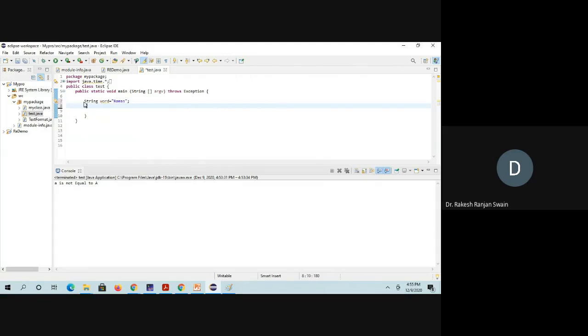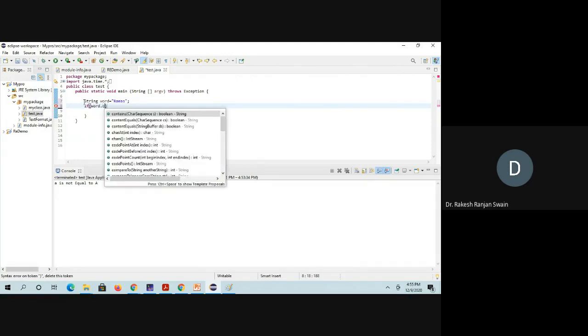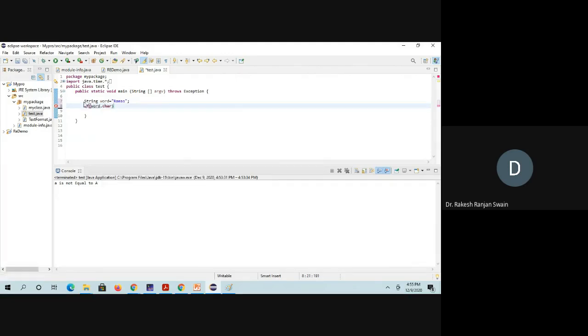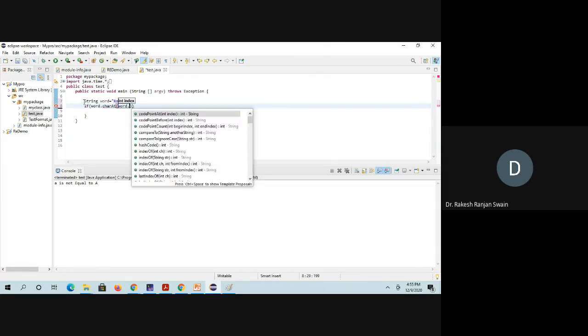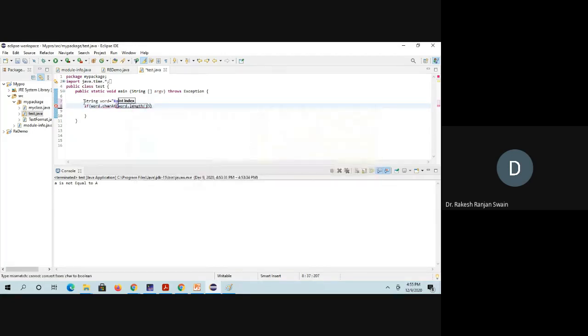Then I am checking if this particular string, word.charAt, then here word.length, the last character equal to 's'.